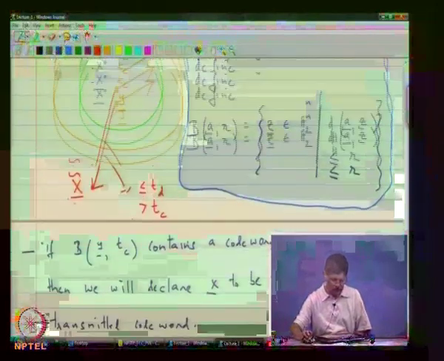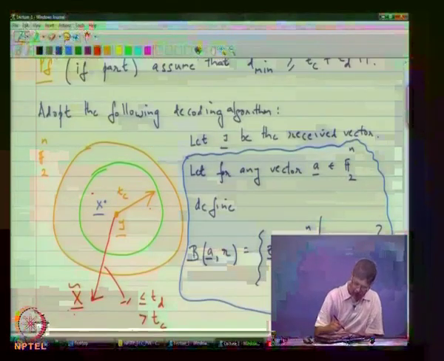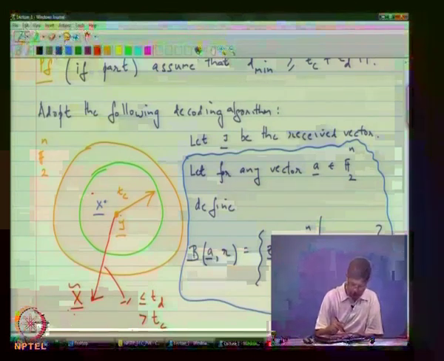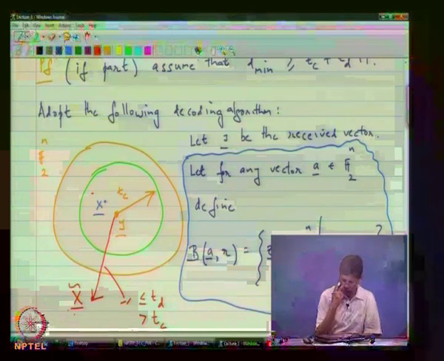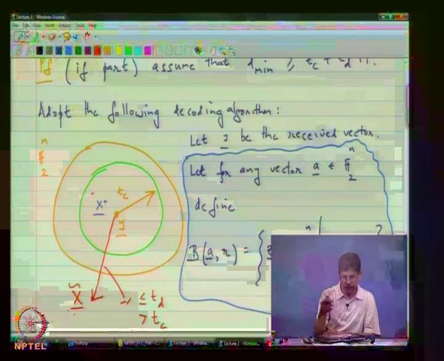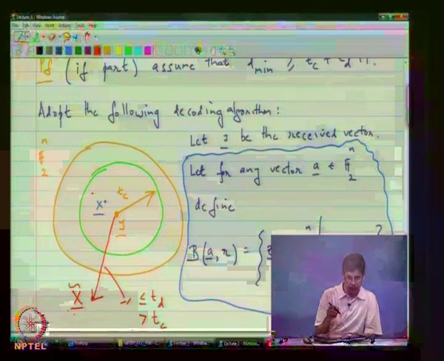Okay. So once again, but before I do that, let's summarize that we are in a situation where the vector y has been received and you have declared x to be the transmitted code word. So the only question is, could you have gone wrong? Now if x itself was the transmitted code word, then there is no problem, and we know that whatever, if